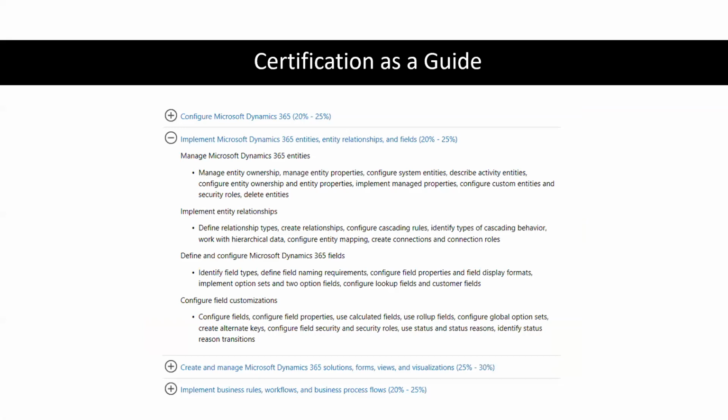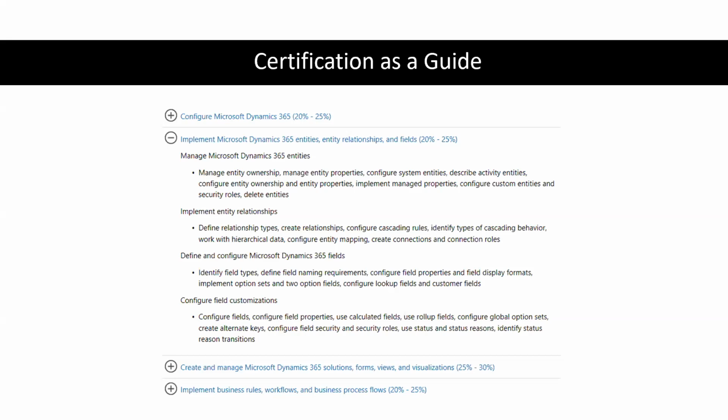So one of the things that you can do when trying to figure out where to start with this stuff is start with the certifications. Now, we're going to talk about certifications a whole bunch in a minute, but one of the things to think about is when Microsoft creates a certification, it's a multi-step process. One of the steps is they get experts together and they have what they call a taxonomy, which is a list of things. Then they go through that list and identify what they think is important. And that's what becomes a certification after a period of time. Sometimes that's the actual course, sometimes it's a certification test or the exam itself, etc.